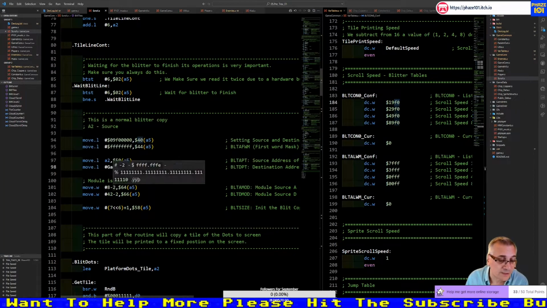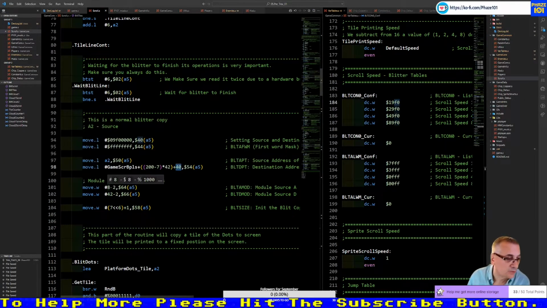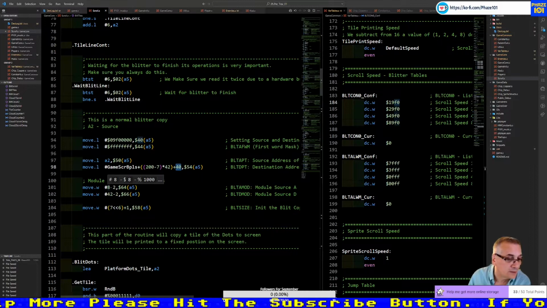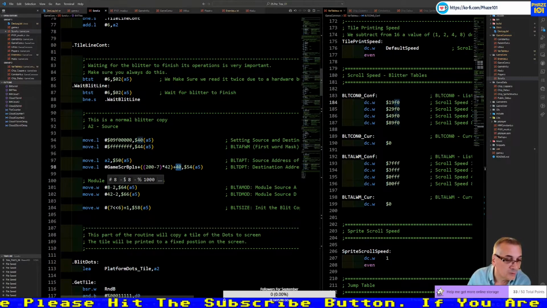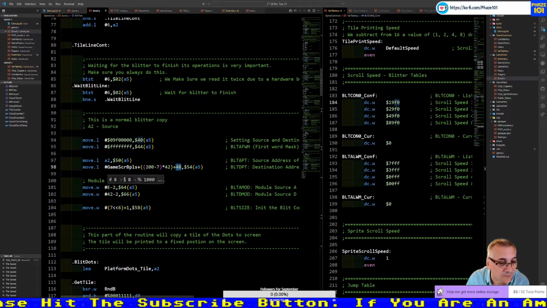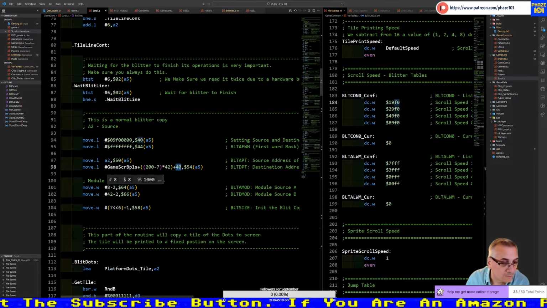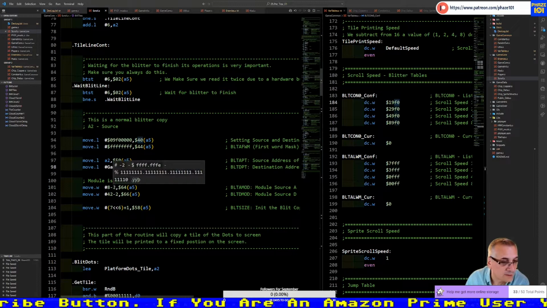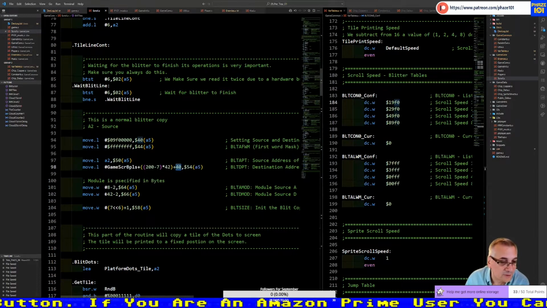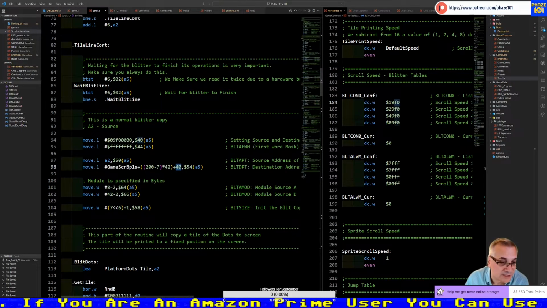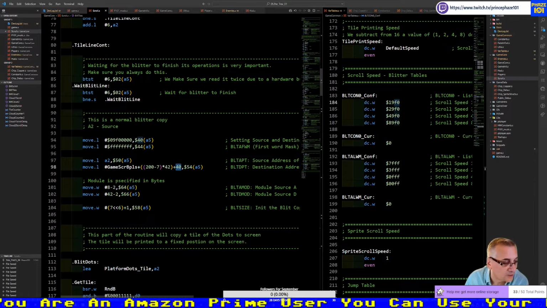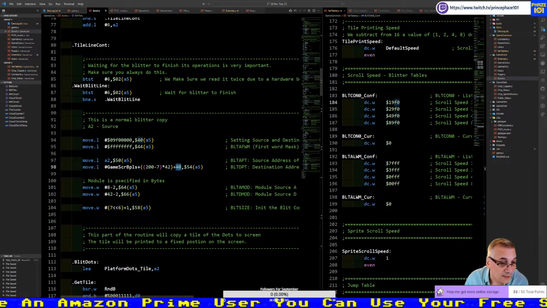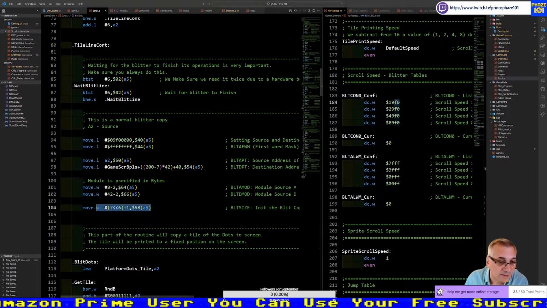Then you set the modulo. The modulo is the size of the image minus 2 because we are doing a word. My image is 8 bytes long, so minus 2 because it's one word, and it's 6. Same thing for the screen, which is the destination. It's 42 bytes long minus 2. Then same thing as I had above.